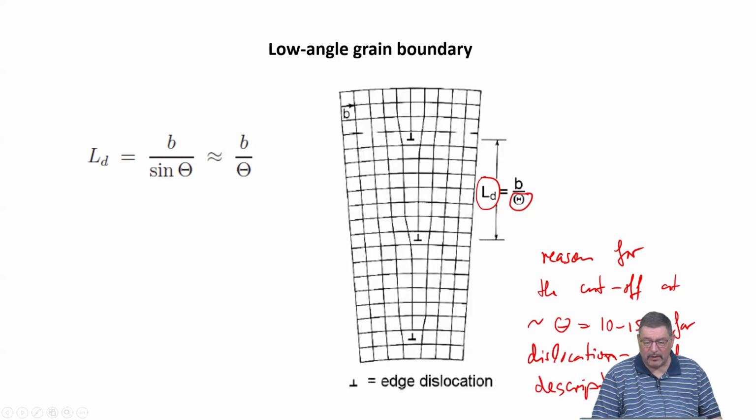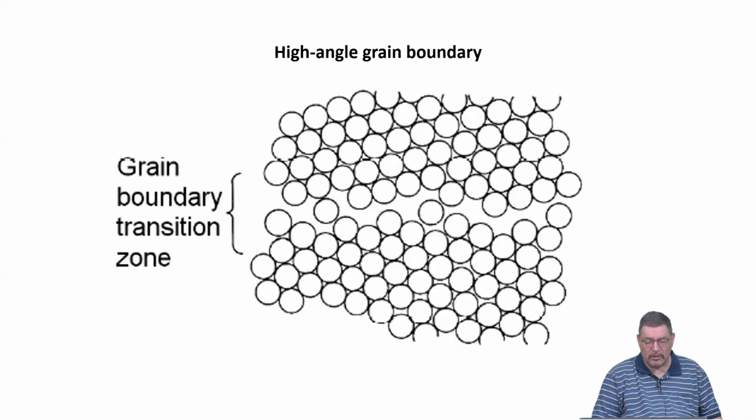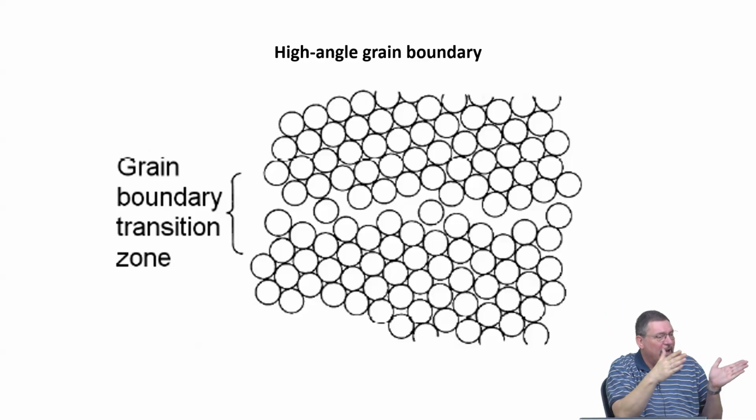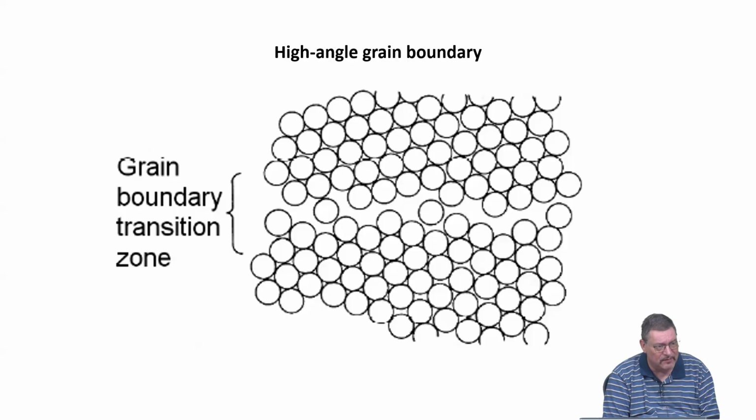So it means when we are talking about diffusion in high-angle grain boundaries, we need to just free our mind, forget about dislocations at the moment, and just ask the question when we now have these grains coming together at a high angle, any odd angle you can think of, how does the structure of this grain boundary plane look like, and how is it constructed? This is an artist's view, which actually is a very early computer simulation. Today I would call it artist's view.